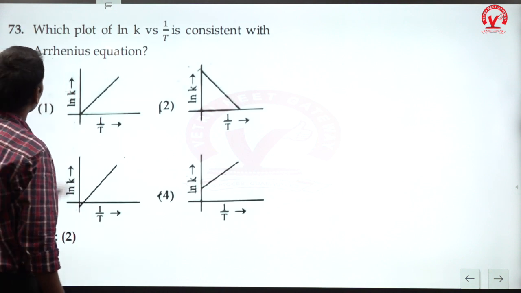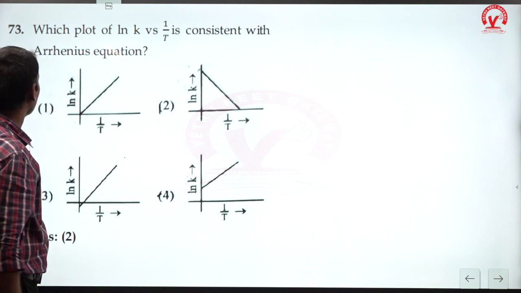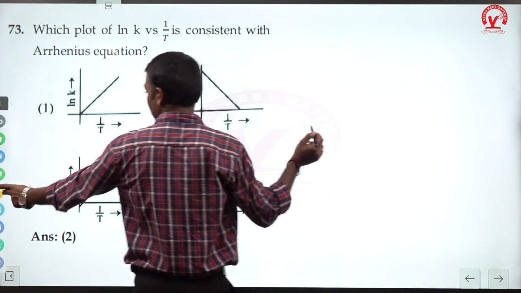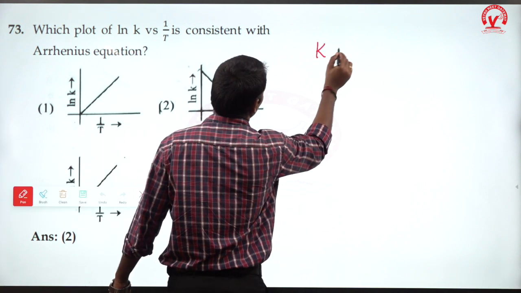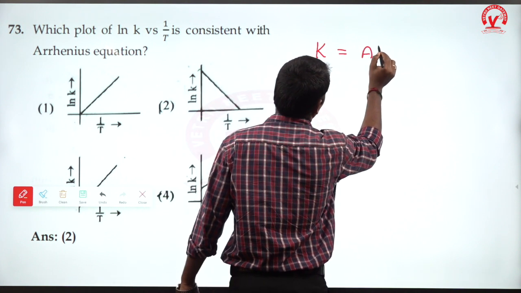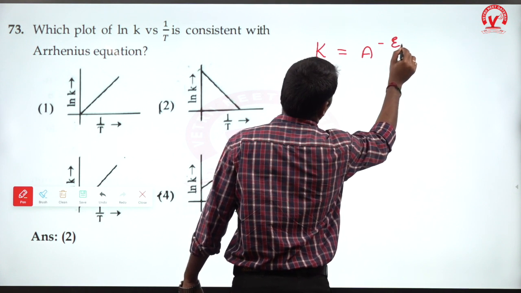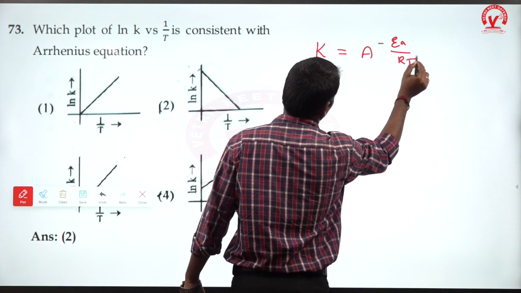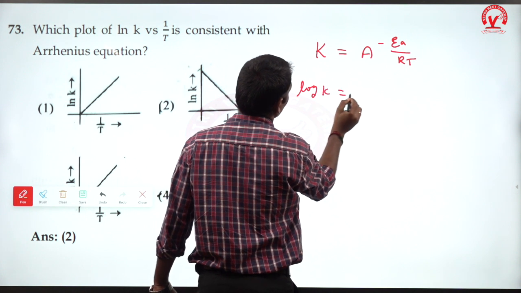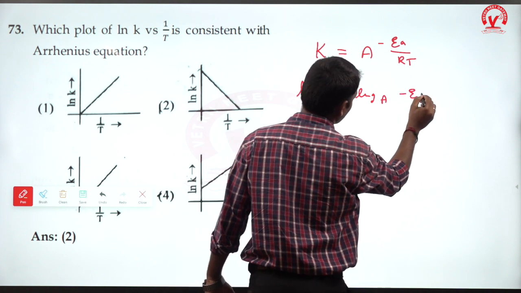Which of the following plots of ln k versus 1/T is consistent with the Arrhenius equation? So we have the Arrhenius equation, that is, rate constant k is equal to A e to the power minus Ea by RT. From here, applying log: log k is equal to log A minus Ea by